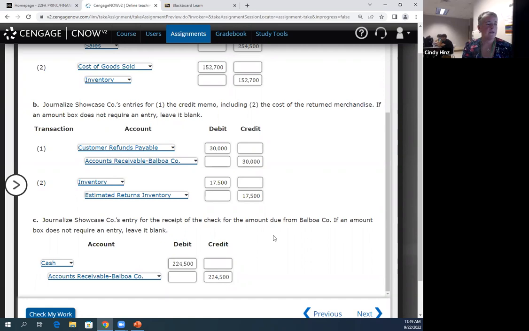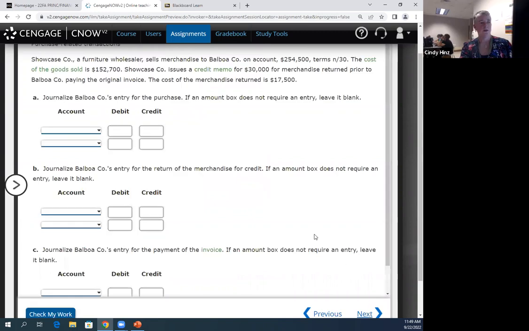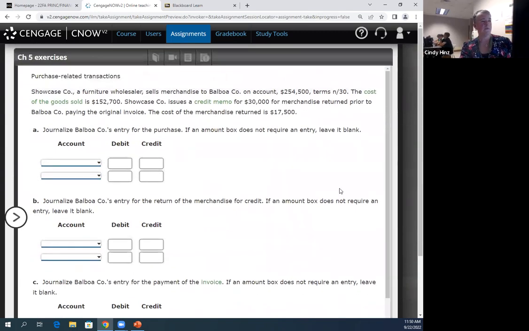We have a bit of time left, so I think we're going to just go ahead to exercise 6 before we lose track of the information here. You don't have to start from scratch on Tuesday. Does anyone have any questions on this? So the seller side of the transactions. I think it will be beneficial to right away see the buyer side of these same transactions. So let's use our time wisely and we'll go to exercise 6.